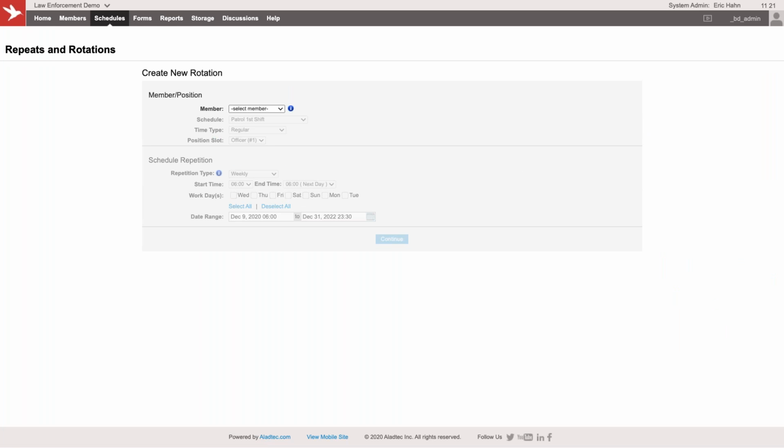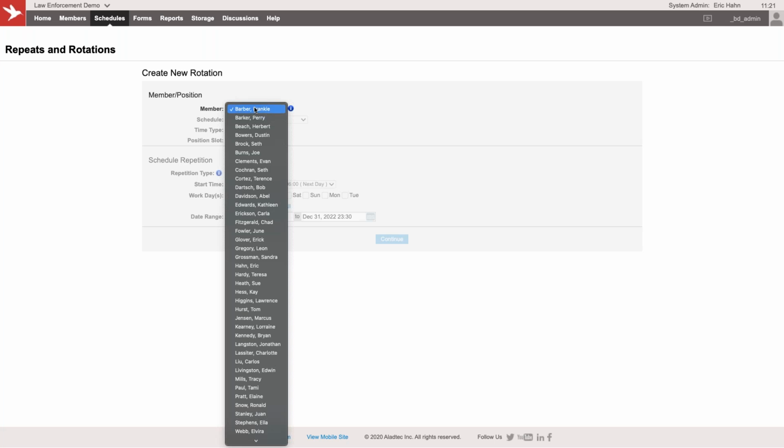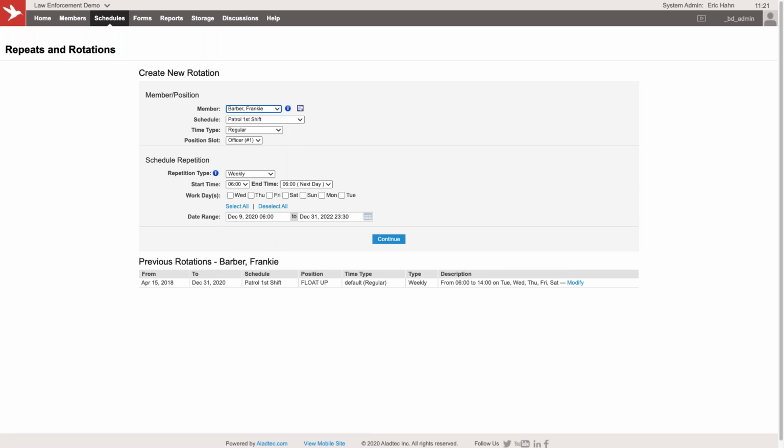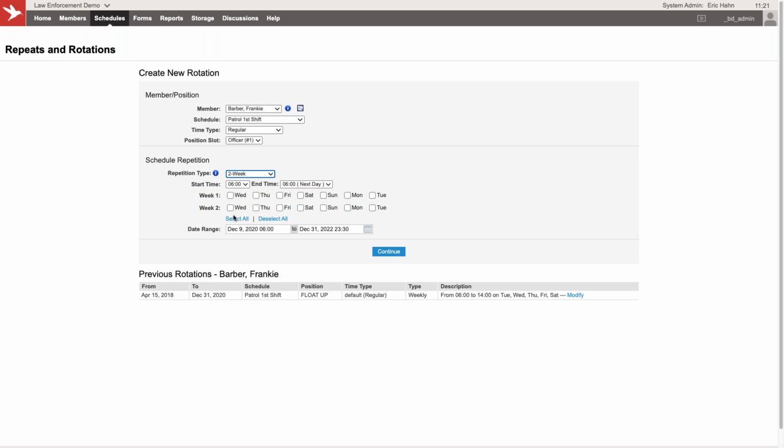If you have people that are on any particular type of pattern or rotation, all you have to do is set that pattern. For instance, maybe you have a 2-week pattern where you're working every other weekend. So this week they're working Wednesday, Thursday. Next week they're working Monday, Tuesday, and then a Friday, Saturday, Sunday. So you can set up that pattern, and that will cycle through that pattern, and we'll be able to schedule people all the way out till December 31st, 2022 in this case, so up to 2 years out